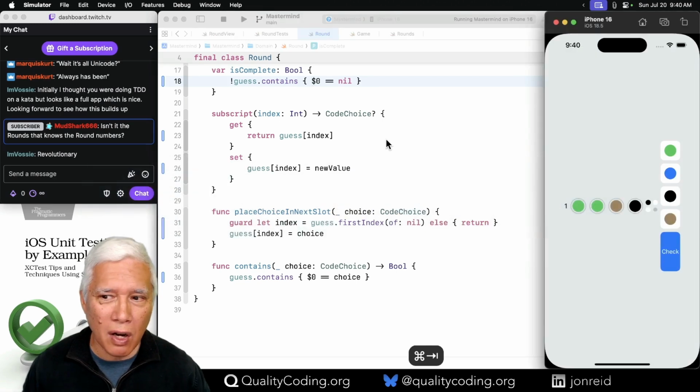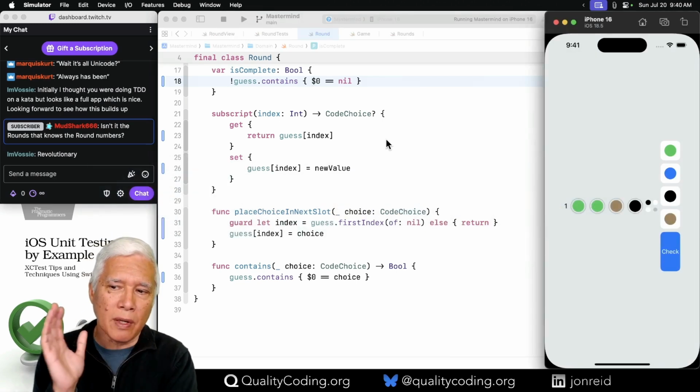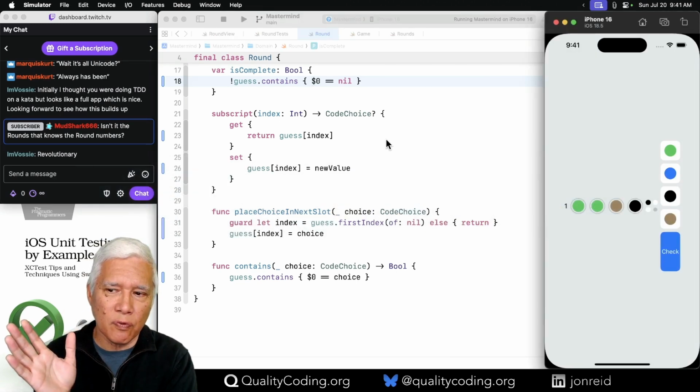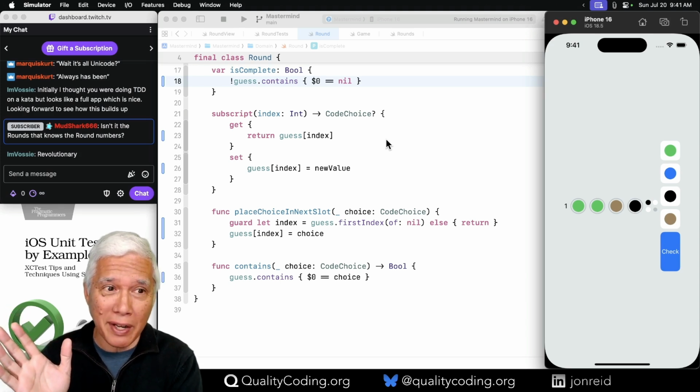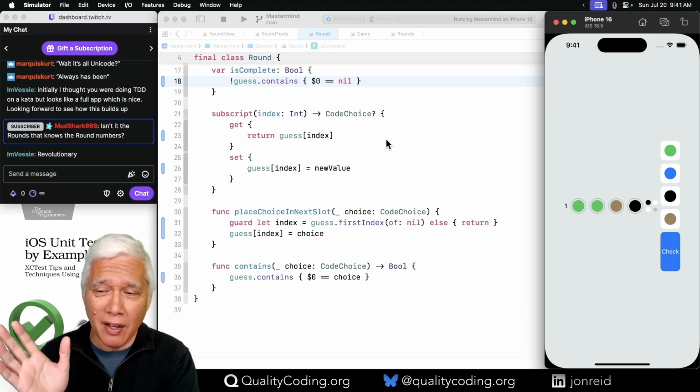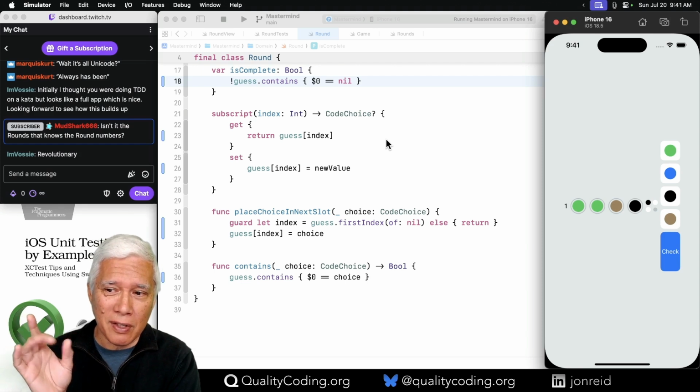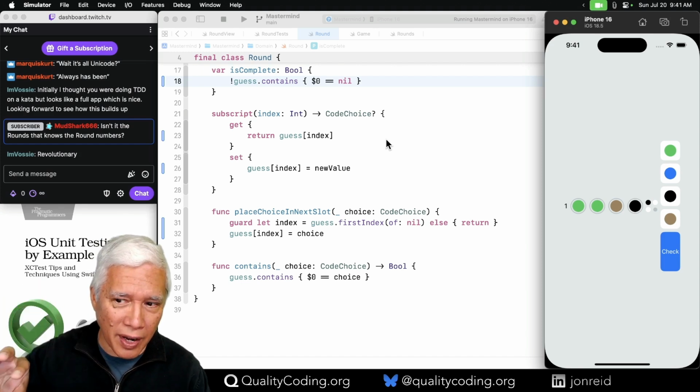The approach that I've chosen for this version of Mastermind, I suspect there will be a second one, is to really lean into doing it from the UI first, UI-centric TDD.